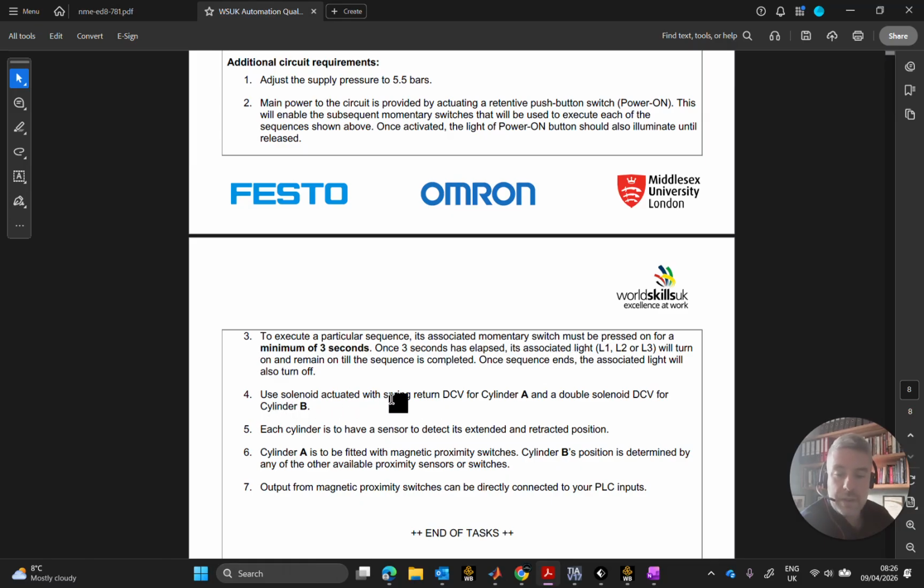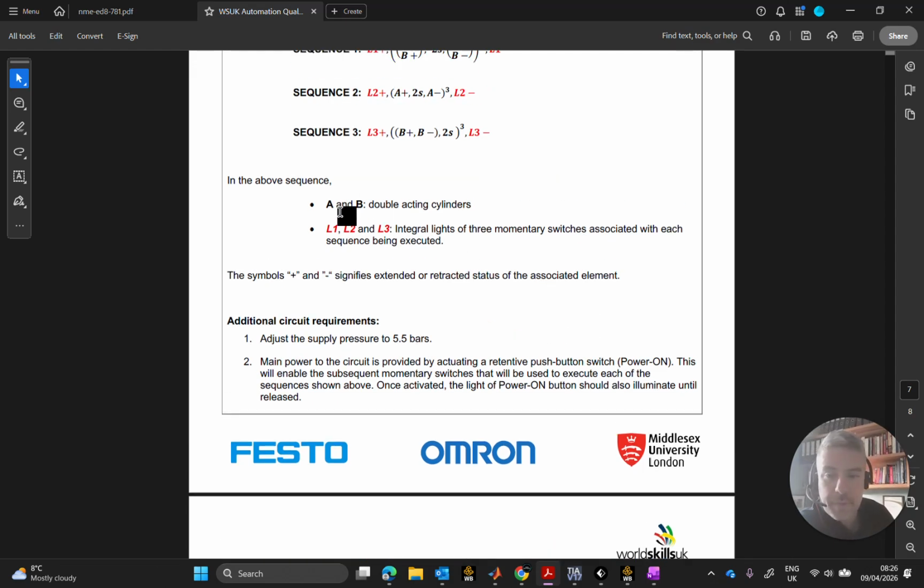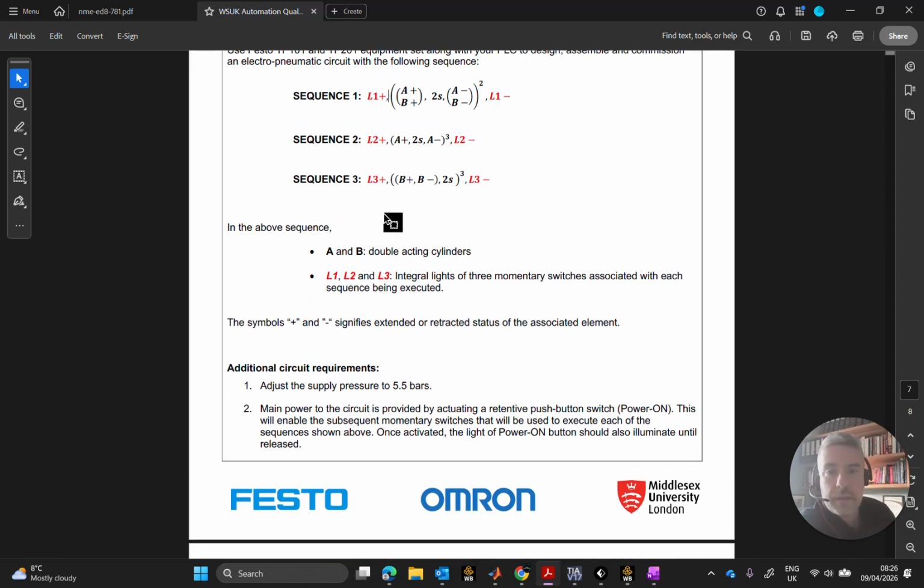Now we use a solenoid actuated spring return valve for cylinder A and a double solenoid for B. This is very important if you are new to automation or mechatronics indeed. If a cylinder is single acting or double acting, it does not ever matter in PLCs or electro-pneumatics. So when I say single acting cylinder, I mean a spring return cylinder. So if you have a pressure extended, pressure retracted cylinder, or double acting cylinder, air pressure that is pneumatically driven, double acting cylinder,